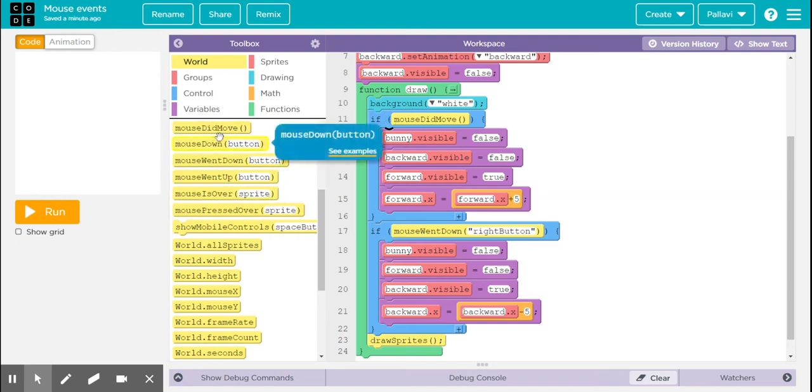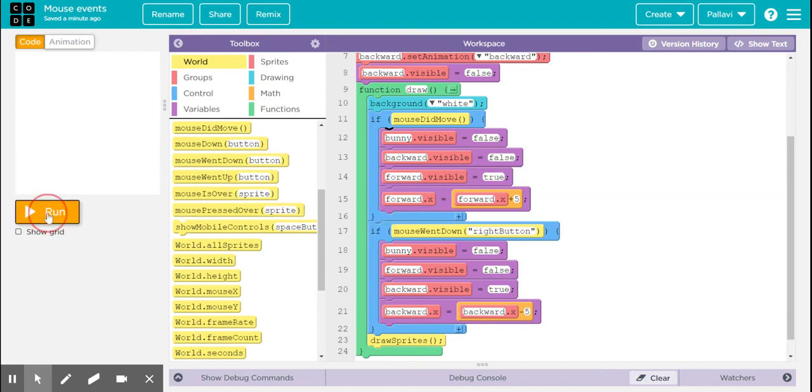So the first block that I've chosen is mouse did move. What happens is this block would check whether the mouse movement has occurred, and if yes, then it would perform this particular task, and if it is no, then it would not do anything because I have not specified the else condition here.